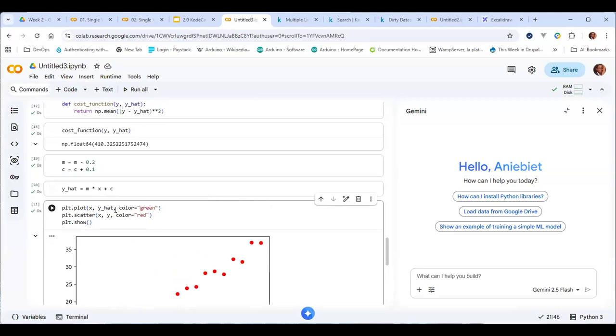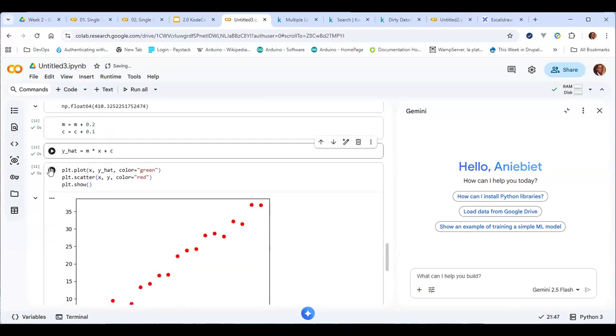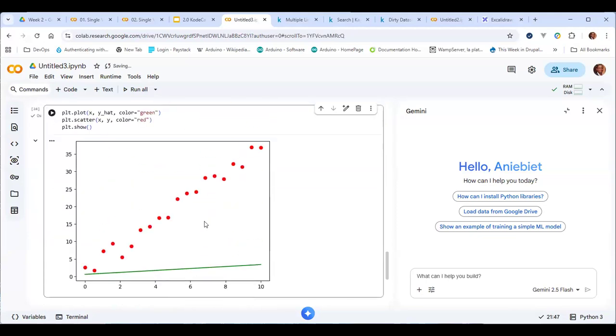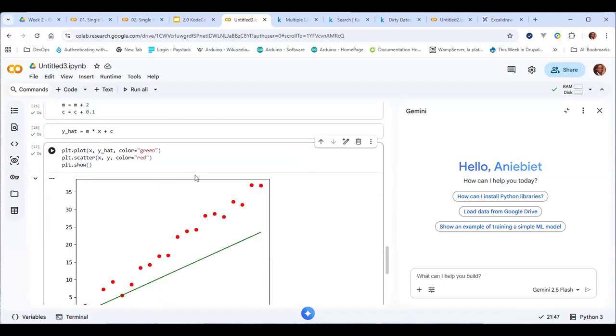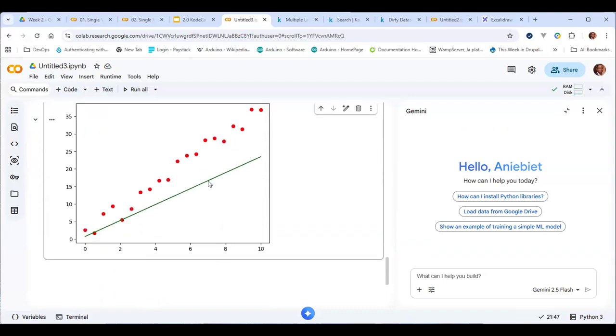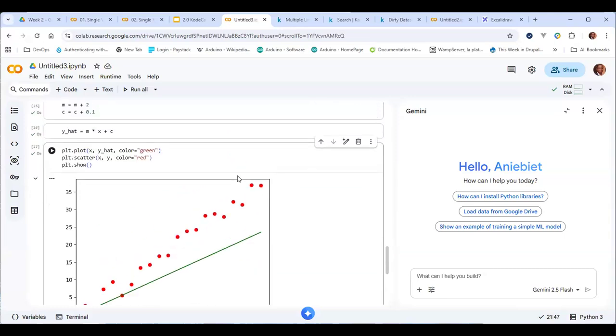So let's increase the gradient. Instead of reducing the gradient, we increase the gradient. Because when we are reducing, the gradient is going down. But now increasing the gradient, it's coming up. Now let's increase the gradient by a large number, maybe by 2. Okay. You can see it's now coming up to where we want it to be. But this is all manual and